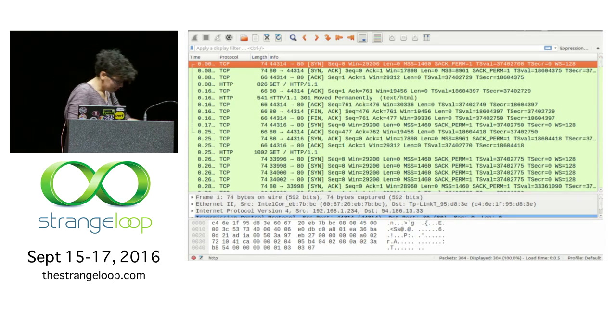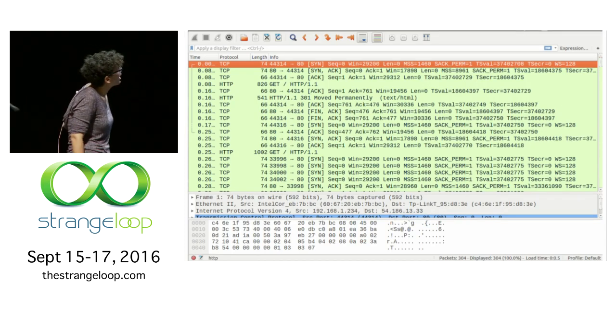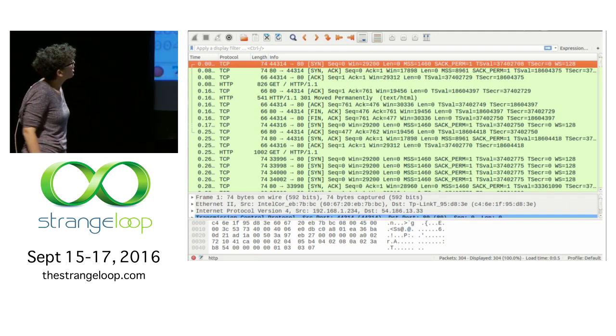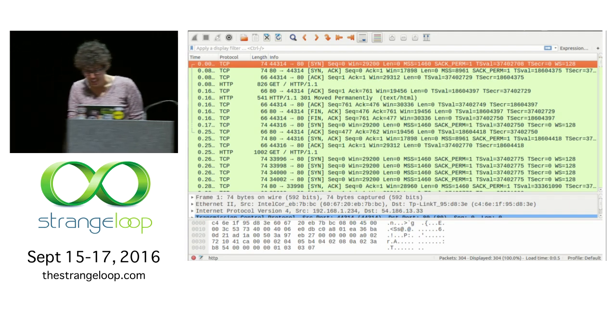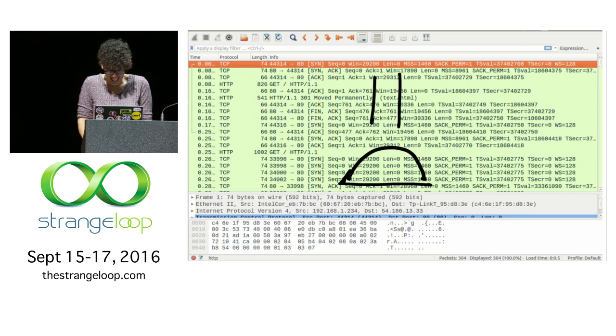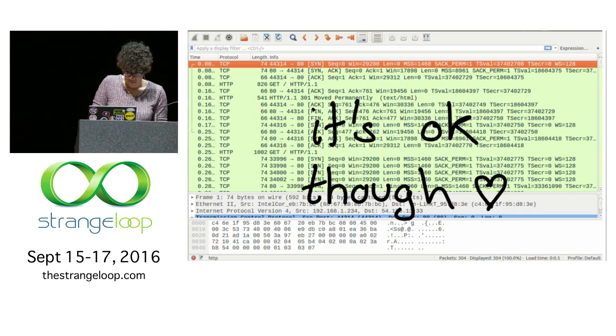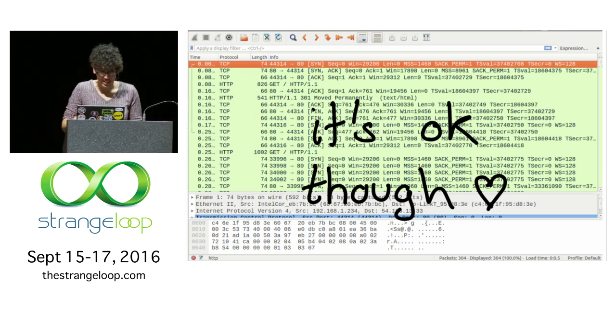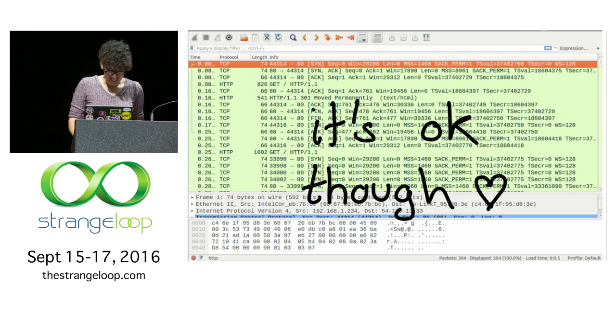So Wireshark is a packet analysis tool which looks like this. I kind of love it. I do not love what it looks like at the beginning, because this is confusing. There's all this stuff, kind of like with tcpdump. But it's actually OK. Wireshark is a thing that you can use if you close your eyes and squint at it sideways and learn a few basic things about it.